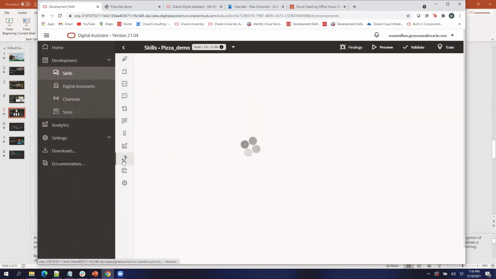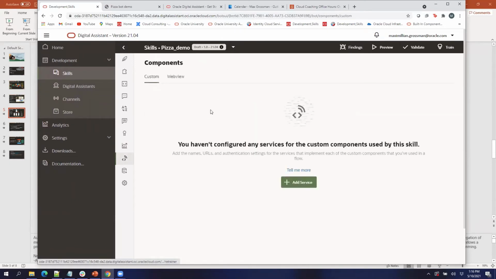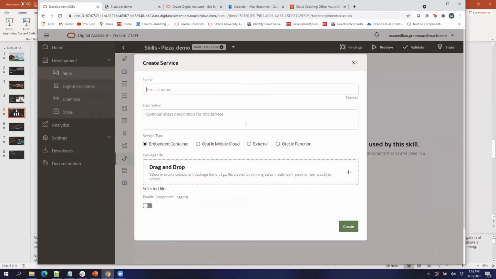Next up, we have custom components. And this is if you want some additional functionality and where you would connect to a backend system. This is just a simple pizza bot demo, so there's no custom components attached. But I'm currently working on one that connects to a PeopleSoft backend, and it uses that to grab information. And you do that by adding a service here, and you give it the name, description, and then it uses Node.js and JavaScript,